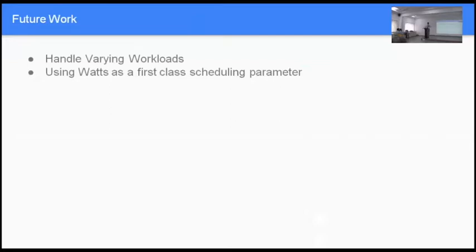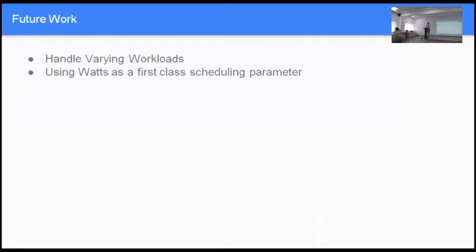So what we want to do is we're working to be able to contribute back and say, you can actually schedule not just on the classical parameters that are there, but you can specify the watts and say, I want my application to get so many watts when it runs. Or you could say, I want my application to take so many watts along with, say, 10 or 20 or 30% leeway to say it's okay if you reduce my wattage by 10% or 20%, but let users decide and let users give you a hint, because you may be doing deadline-based scheduling.